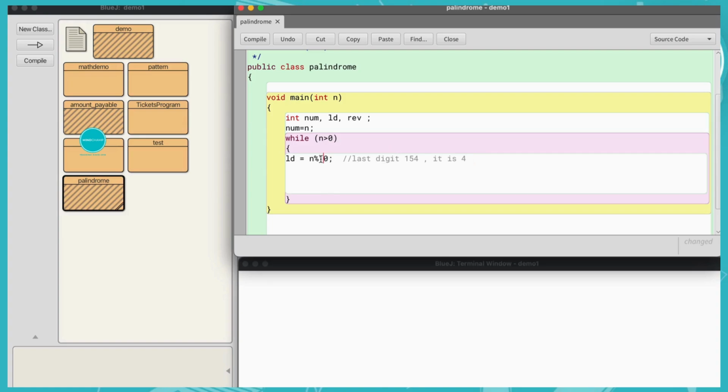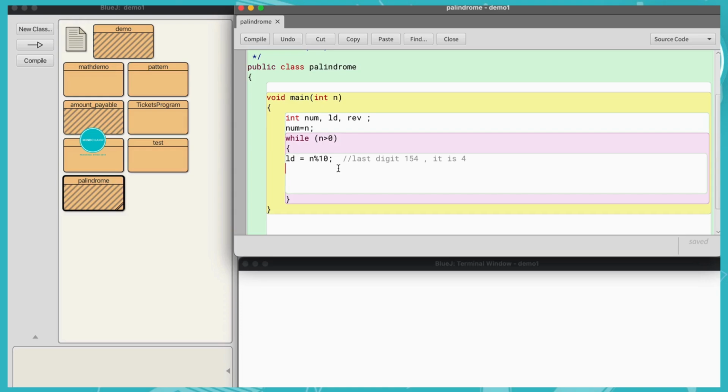If we use the division operator, we get the quotient. But we are focusing on the remainder, because that's the trick, using the remainder operator %. This percentage operator is the modulus operator, which gives us the remainder, that is the last digit of this number.